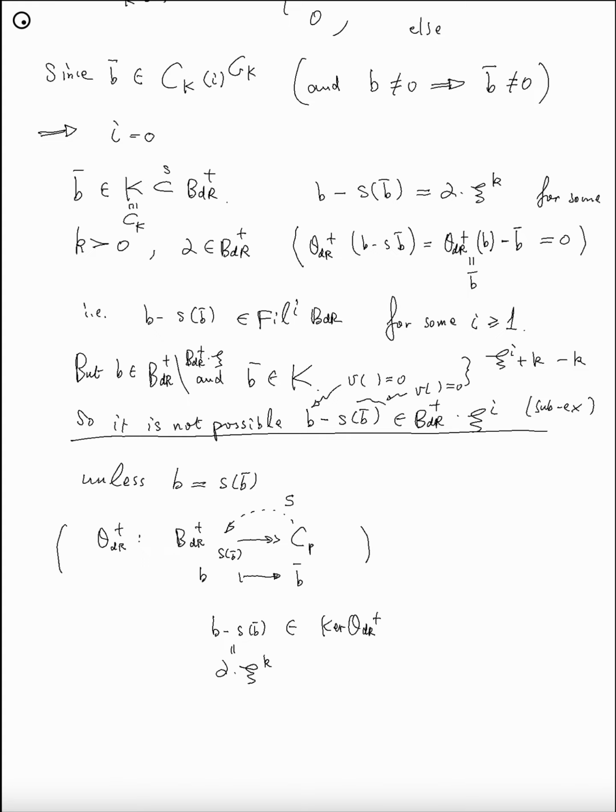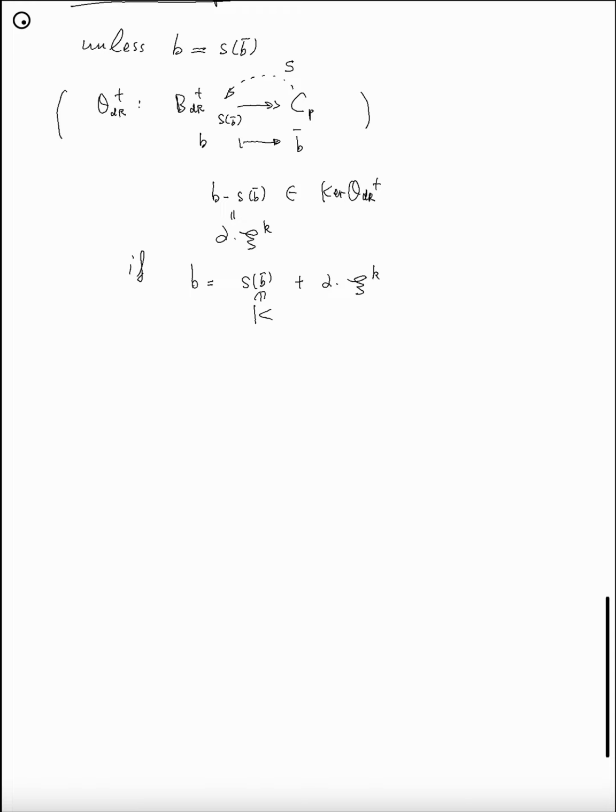Yeah, but if that's not zero, let's say B equals S of B bar, this is inside K plus some alpha times C to the power K, not zero, and then B is fixed by GK. And the action on it would be S of B bar through the GK equivariant section. This is still fixed while the G action on C